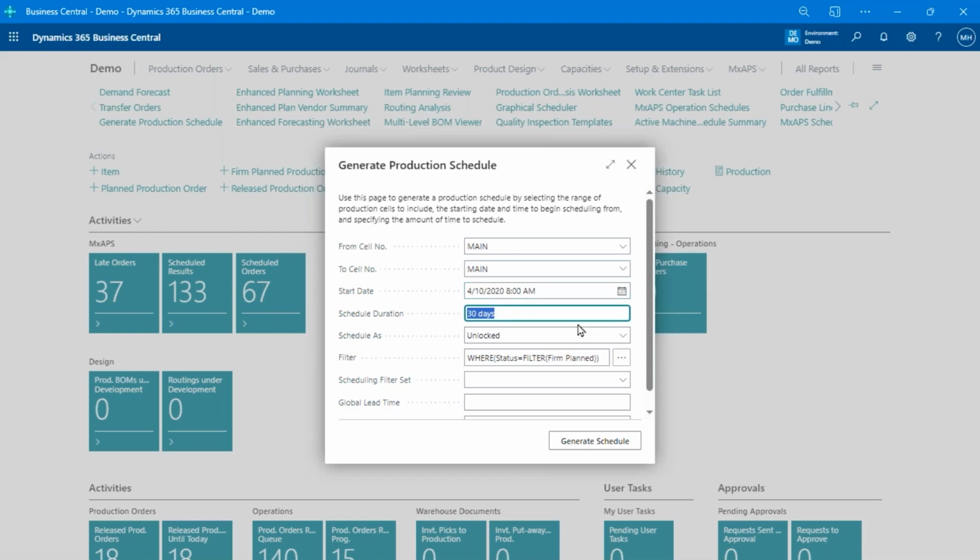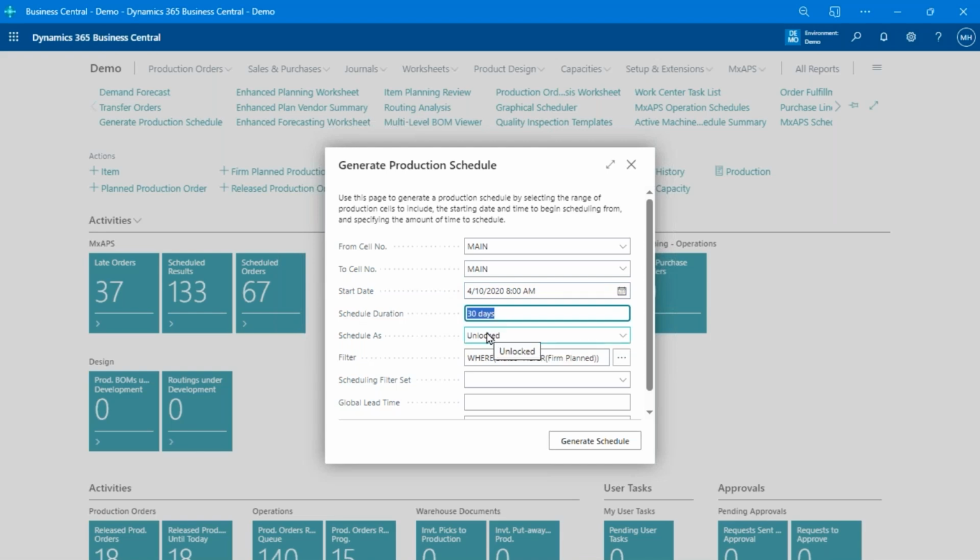Right? Now, you can extend this. I could make this a 300-day schedule or whatever, but you should be aware when you set the schedule duration, we're doing a very detailed schedule about what's happening on the shop floor. 30 days is a pretty reasonable goal for seeing what your detailed schedule looks like, because realistically, in most environments, after a day or two, that schedule is going to drift, right? You don't want to schedule 300 days and expect to get a detailed schedule 300 days out. That's never going to be realistic. So 30 days is a good time frame, but you can change this to whatever you like.